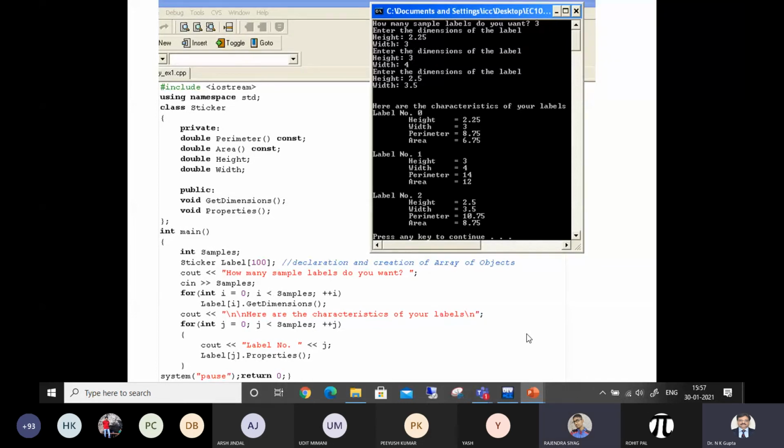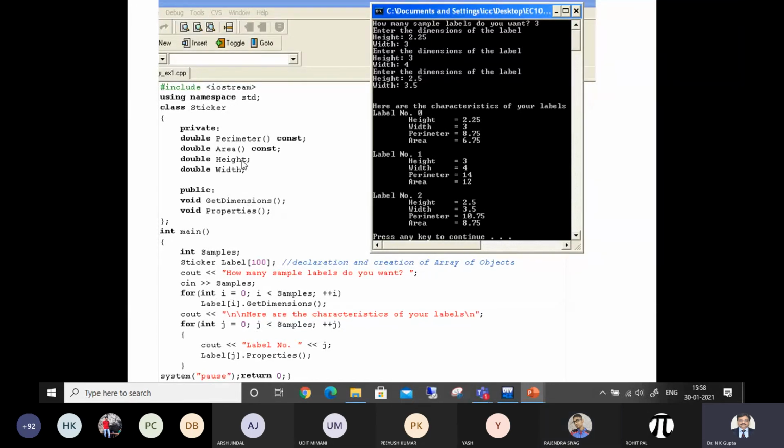Sir, why are we hiding the perimeter and area functions, still we are using them outside? Why are we hiding? Because the way height and width were used through public member functions, you could access them through this get dimension, and properties is also public.